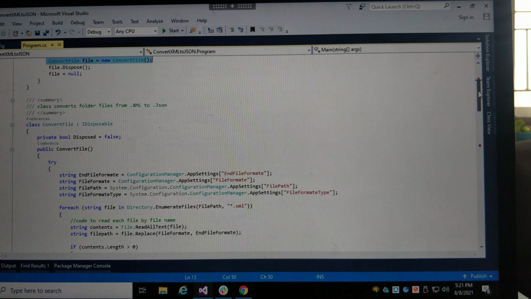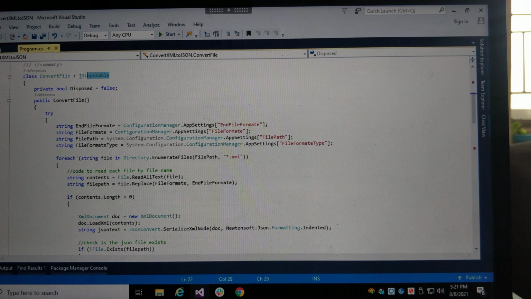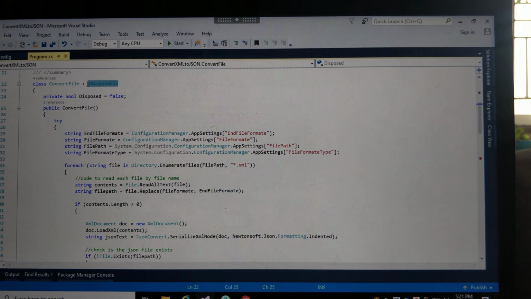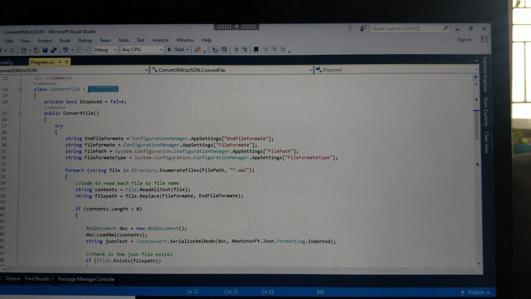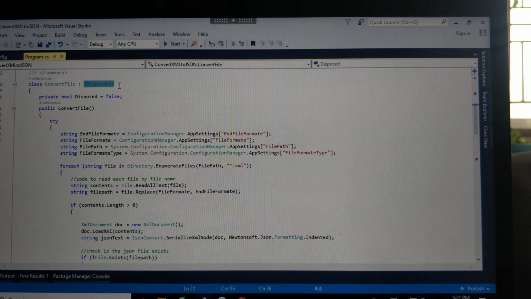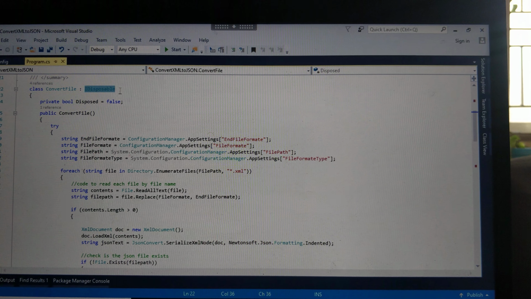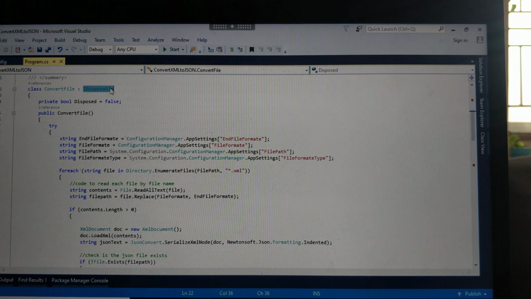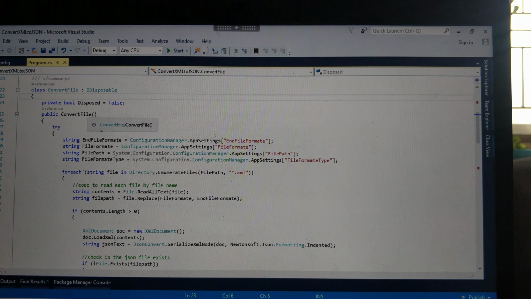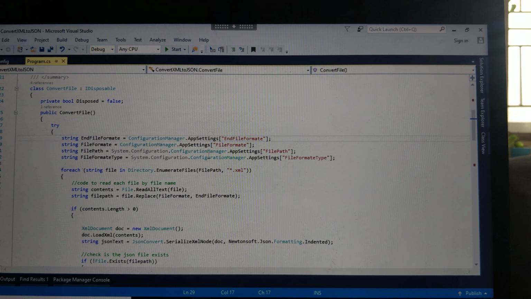I've also used this interface. I implemented this interface because, although I didn't use the method as of now, in future, if I want to close particular connections or dispose some objects, I will put the code in those inherited overridden methods. In the particular convert file, I'm just reading some app keys